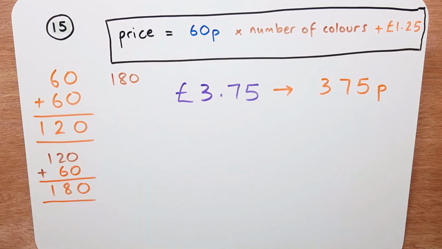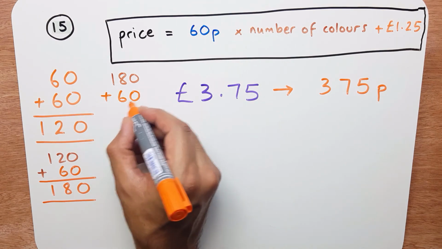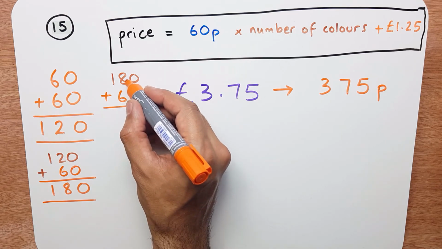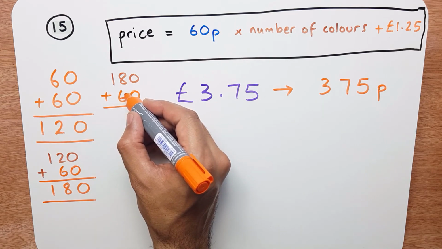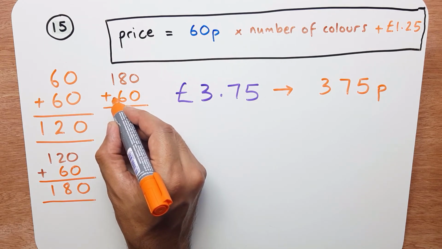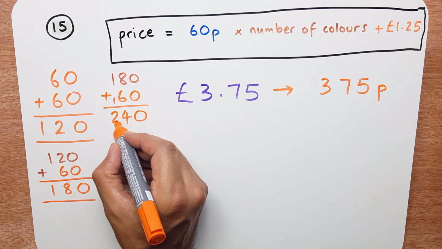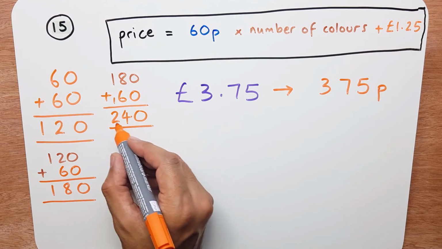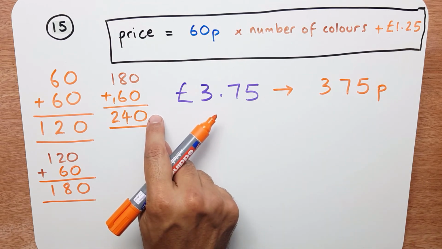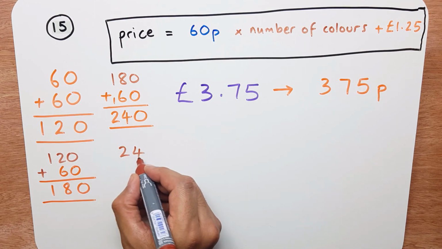180 add 60. 0 add 0 is 0. 8 add 6 is 14. So we put the 4 down and we carry the 1 to the next column. 1 add 1 is 2. So our answer is 240. We've still not reached 375. So let's add another 60. 240